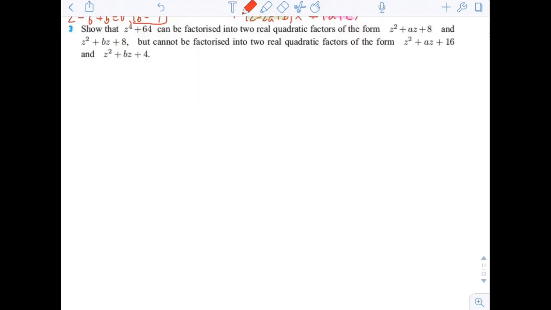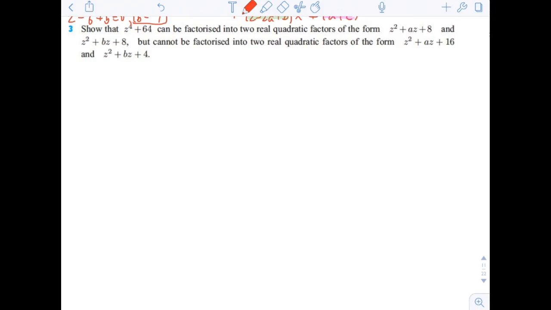Show that z to the fourth plus 64 can be factorized into two real quadratic factors of the form z squared plus az plus 8 and z squared plus bz plus 8, but cannot be factorized into two real quadratic factors of the form z squared plus az plus 16 and z squared plus bz plus 4. Okay,